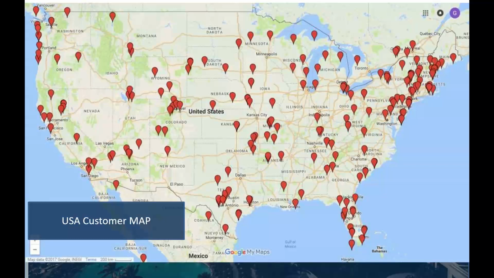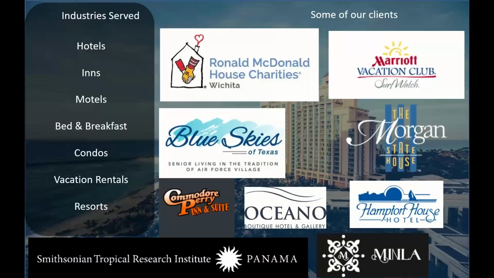So this is kind of the feature set we have. Some high level walkthrough of our reservation system. It gives you check-in, check-out, convenient calendars, night audit, credit card processing. We work with a couple different providers,